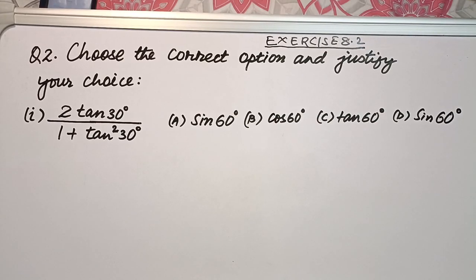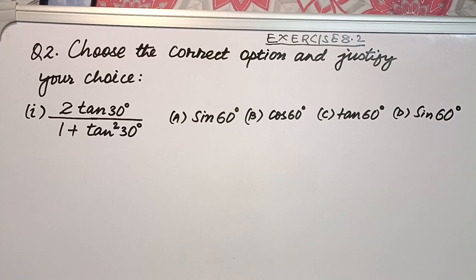Everyone, today we are going to solve question number 2 of exercise 8.2 of trigonometry, introduction to trigonometry. Here we are given a question that says choose the correct option and justify your choice. Question number 1 is 2 tan 30 degree divided by 1 plus tan square 30 degree, and we have been given 4 options: sine 60, cos 60, tan 60 and